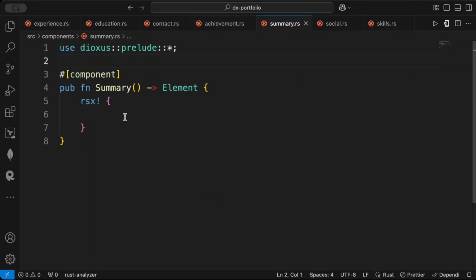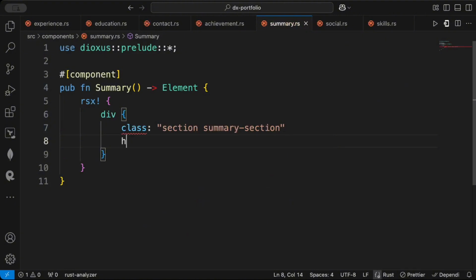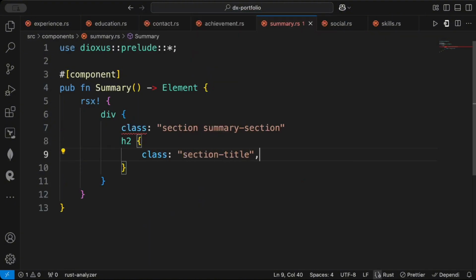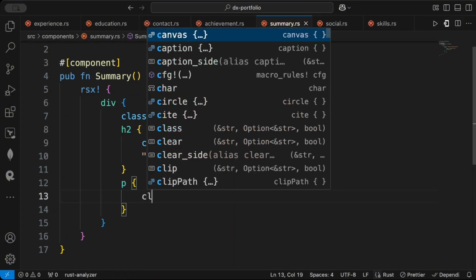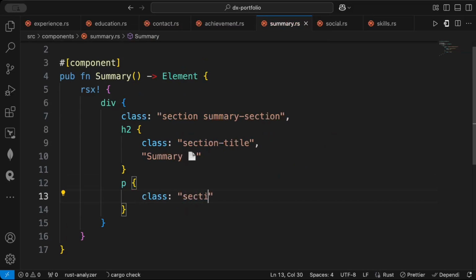Now let's start with summary. Now summary is a place where you want to put a highlight about your career. You want to call it summary or highlight. I just named this as summary, and class as section summary section, h2 class as section title, and then summary, and we want to add an emoji for summary, and then we have p class as section content,